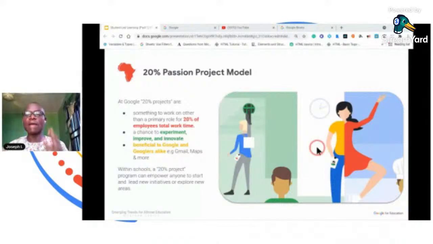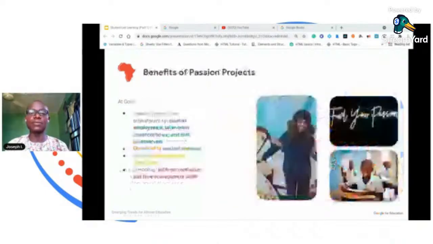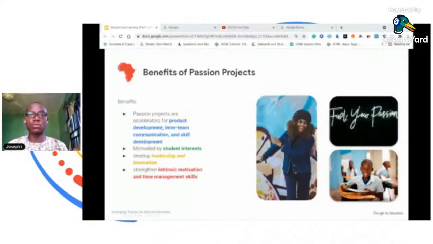Many schools today have implemented passion projects by allowing learners to spend 20% of their school time on projects they are interested in. At Google, passion projects function as an accelerator for new products and team development.